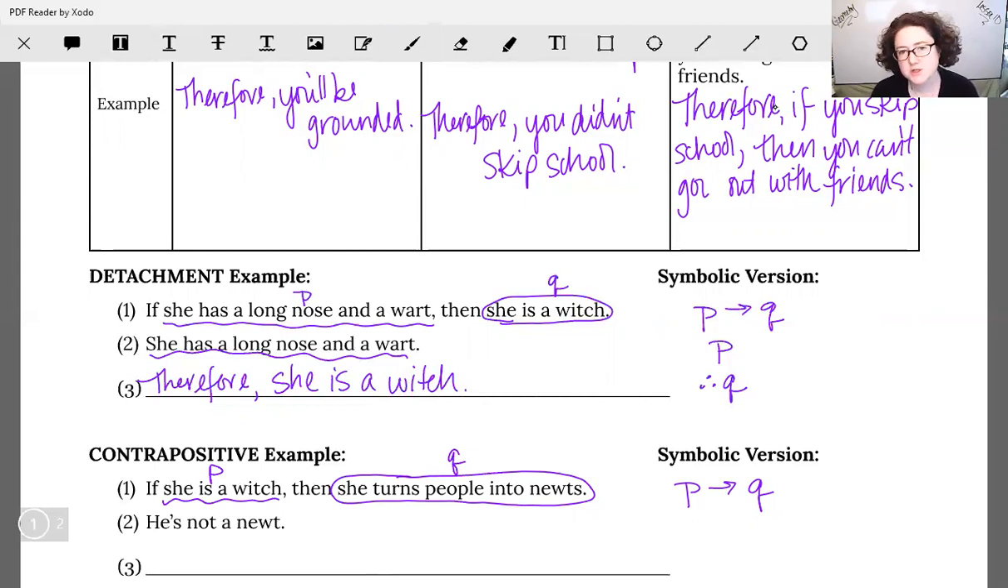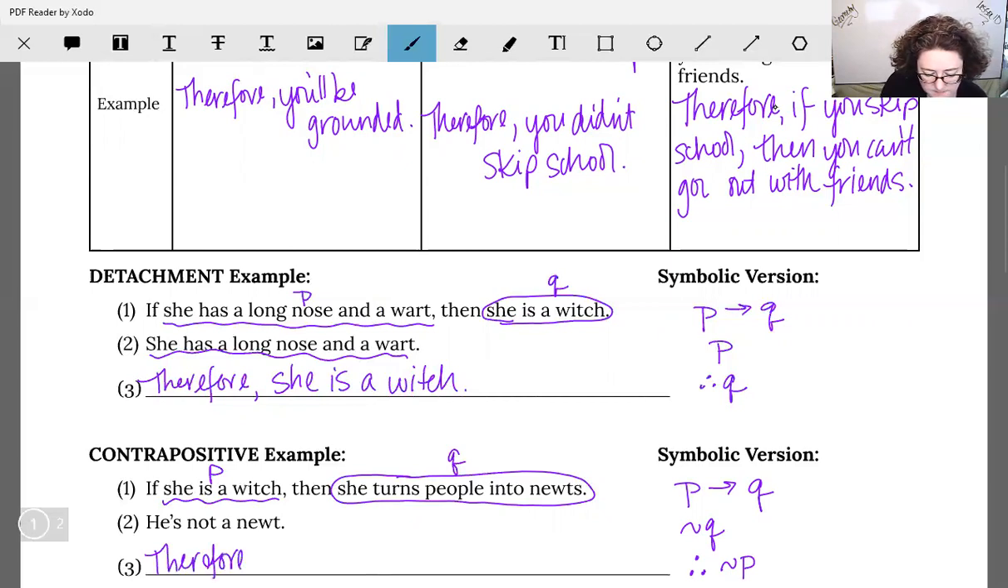Okay. Second statement, he's not a newt. Well, that's the closest to that second statement. So we labeled Q as she turns people into newts. So he's not a newt. That's pretty much the opposite of that Q statement. So that guy is not Q. And so again, it's almost as if we're starting to write our contrapositive statement. So therefore, we would want to finish with not P, and that would finish our contrapositive order. So therefore, she is not, because again, it's a not P, so we have to put the not idea in there, a